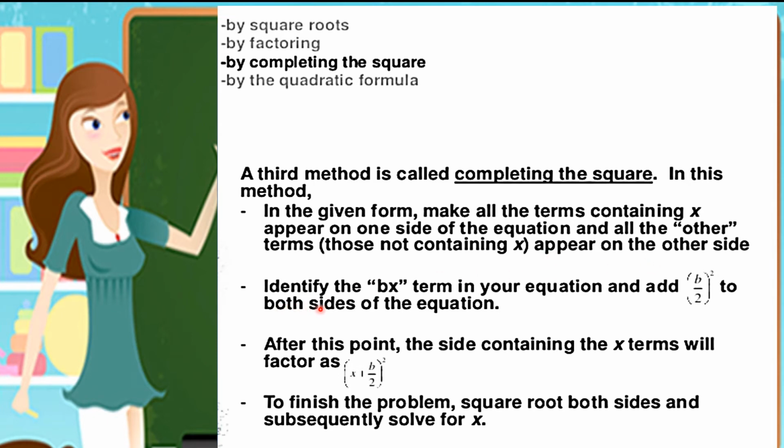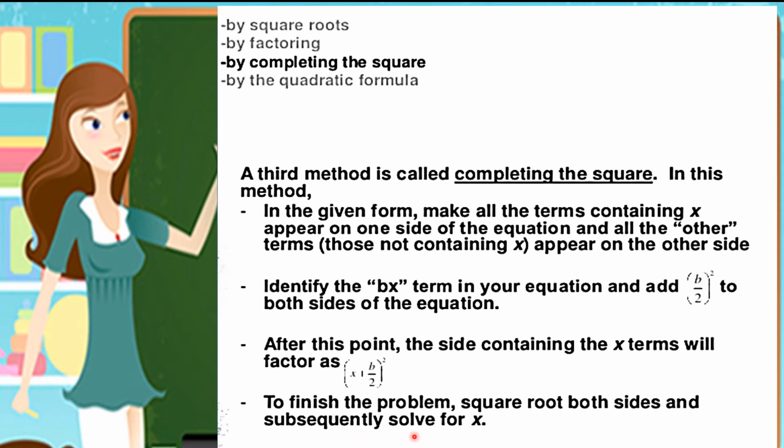Then next, identify the bx term in your equation and add b over 2 quantity squared to both sides of the equation. Then after this point, the side containing the x term will factor as x plus b over 2 quantity squared. Then to finish the problem, square root both sides of the